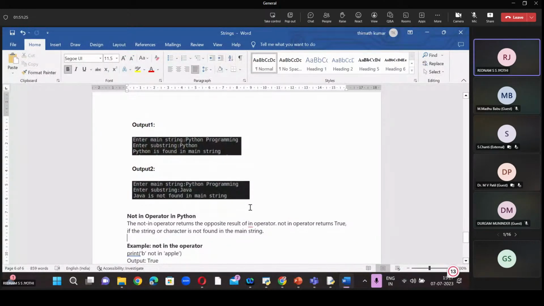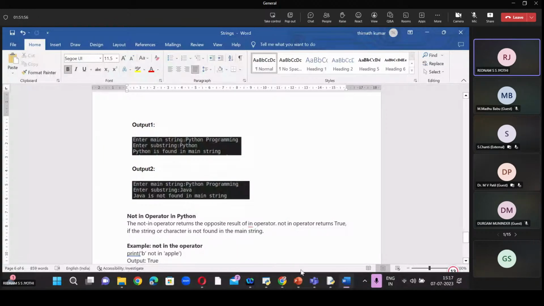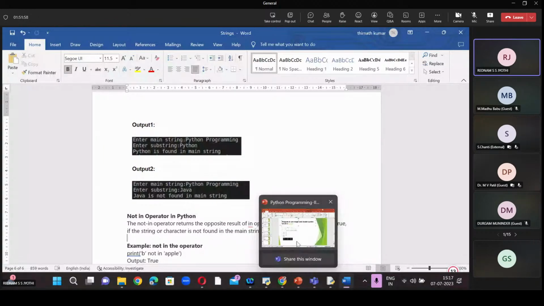There is an in operator and a not in operator in Python programming. Take the not in operator: print B not in apple. If it is right, then it gives the Boolean value true. B is not in apple, yes, it is correct, so the output will be displayed as true. Now this is about some of the string related operations. Now I will move on to